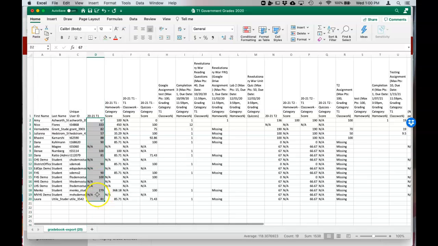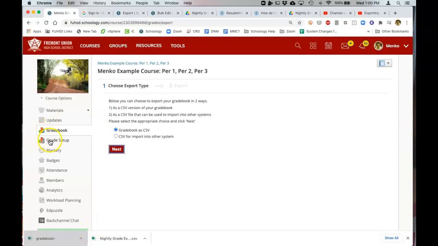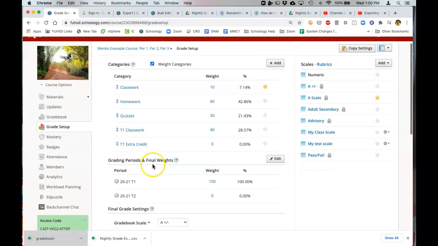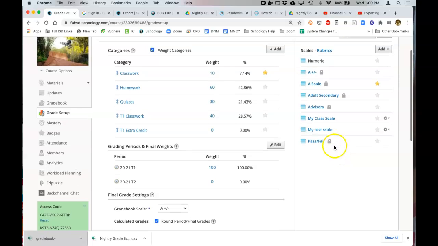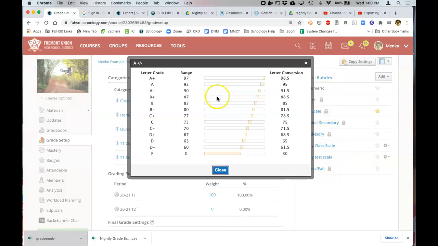So the second part of this is adding your grading setup to this. So I create a new sheet, go back to my course and click on the grade setup. Notice down here under the final grade settings, I'm using the A plus or minus scale. So if I scroll up and find my scales here, click on A plus or minus, it shows me what the range is. So from 100 to 97 is an A plus, from 97 and 93 is an A, from